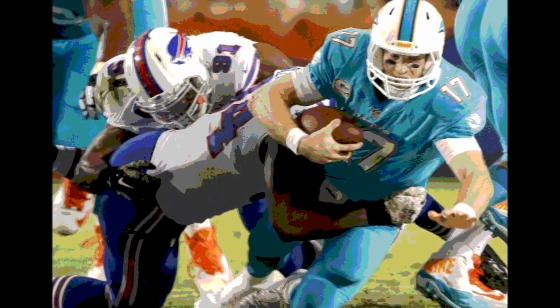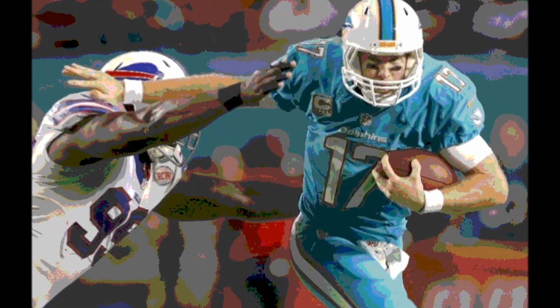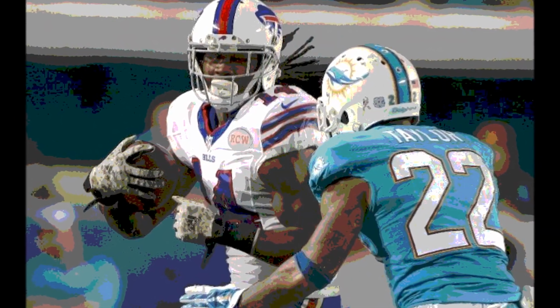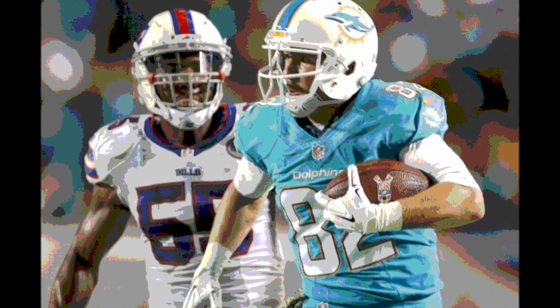Tannehill was then sacked for a 4-yard loss as Williams and Bryant came in to sack him, but after the sack there was a penalty of unsportsmanlike conduct against Hughes, even though it was kind of questionable about if it really was Hughes or if it was Super Mario who really was doing whatever they called. Either way, they called it on Hughes, and so that made it a first down. It was potentially a drive killer with the sack, but then now they extended the drive with the first down because of the penalty,